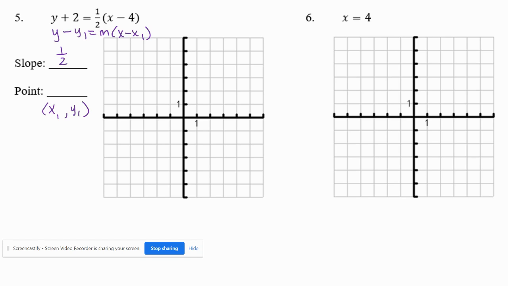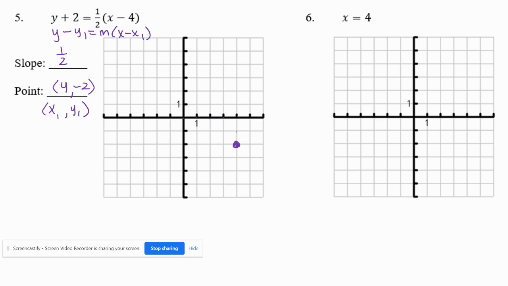x1 looks like it's minus 4 in the formula. We take the opposite sign of that. We get the positive value 4. y1 looks like a positive 2. We take the opposite of that, which would be negative 2. So we're going to start by plotting the point 4, negative 2. So if we start at the origin, 1, 2, 3, 4 to the right, down 2, it gives me a